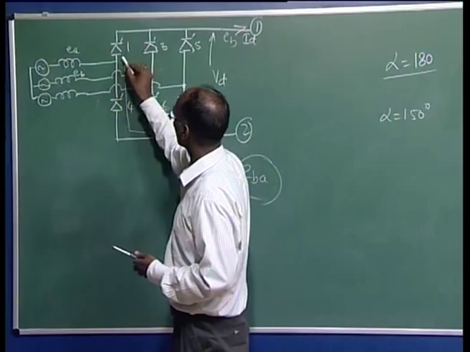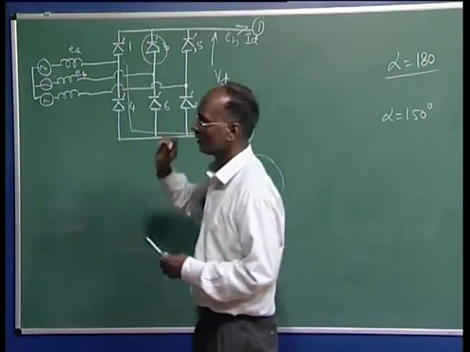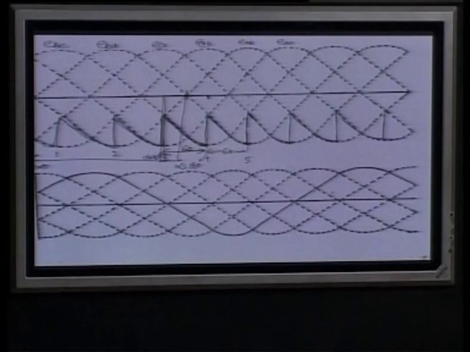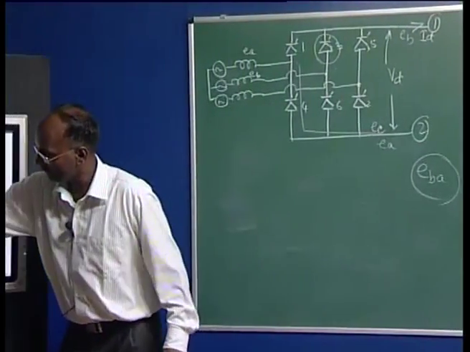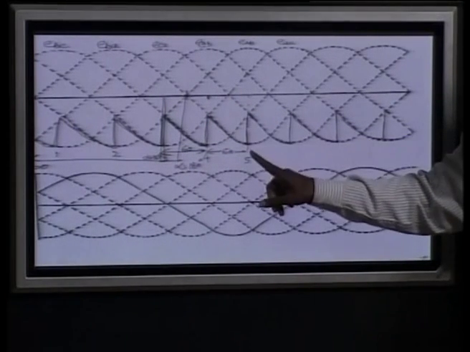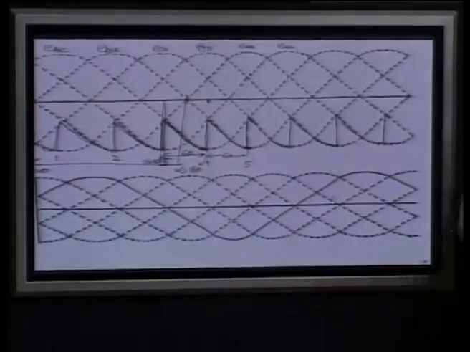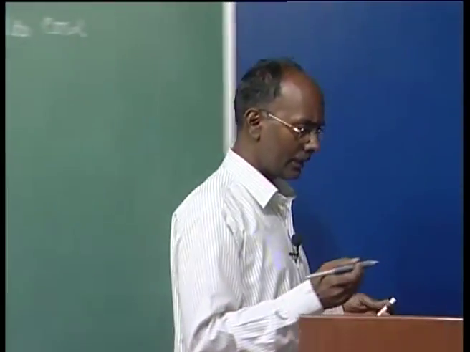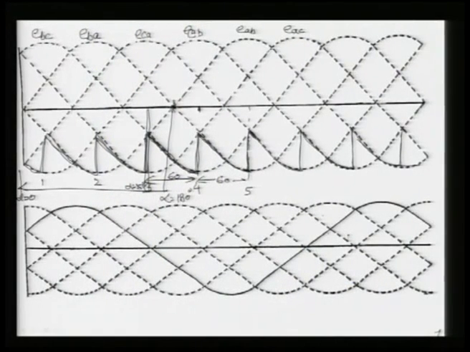Here let us suppose I want to draw the valve 3 voltage, again on the same plane. Here I will also draw, because the voltage will come on that, so it will be clearly visual. Now, you can see once valve 3 is fired, we can start from here, the voltage across this will be 0, and it is continuing up to here, because each valve is conducting for 120 degree. So, the voltage across here, actually here is no color, but we can write here, this is a volt, here we are coming up to this one.